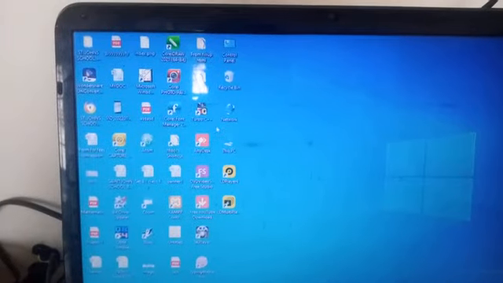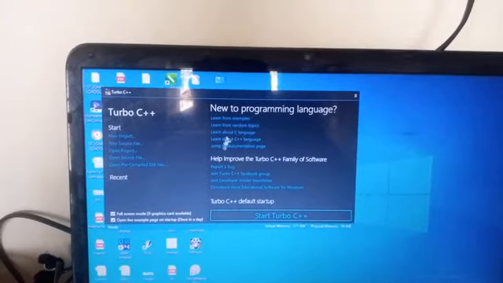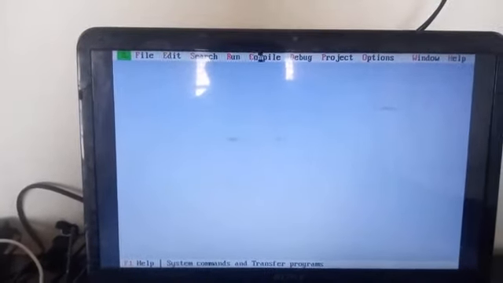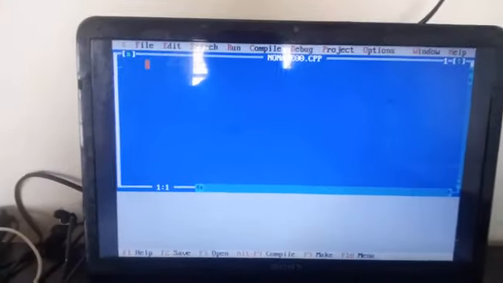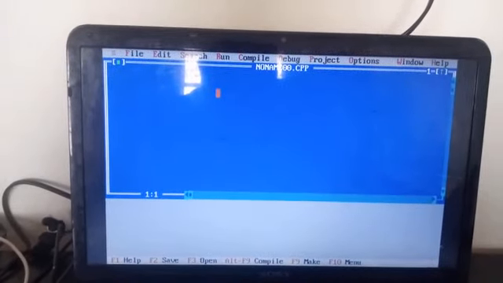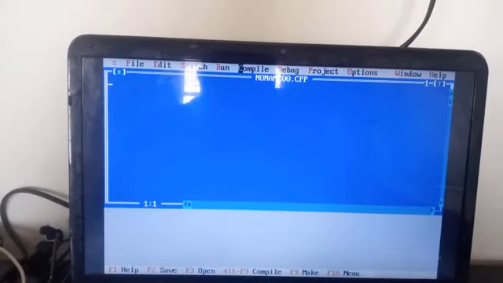Okay, so you can see here on the computer, the first step is, this is Turbo C, you can click on this, you can see this window and start Turbo C++, and this is the editor you are able to see, and here the menu bar is here, you can click on file and new. This is your editor, you can edit here any type of application and save and compile and run. You can see here, you can type a simple print hello world.